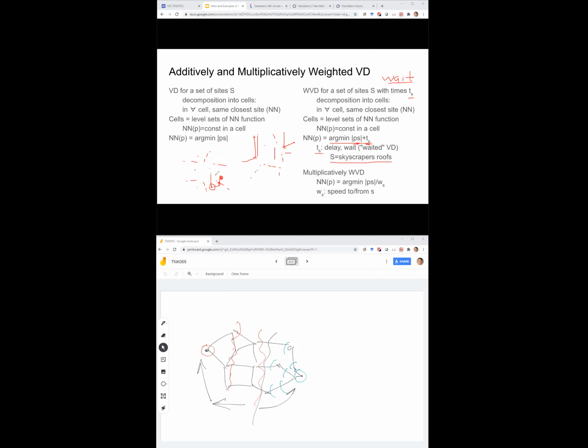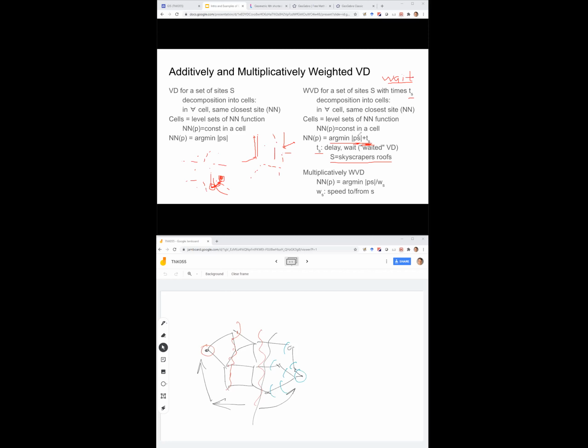Again, imagine the brigades are on the roof of the skyscraper. So then you probably want to give the faster reacting station a larger piece of your city, so that, well, again, the points on the bisector of the Voronoi diagram are equidistant from these two, but equidistant not just in terms of how fast it is to travel to the site, but also taking into account the waiting time. So this is the additively weighted Voronoi diagram. You decompose it into cells based on the waiting time.